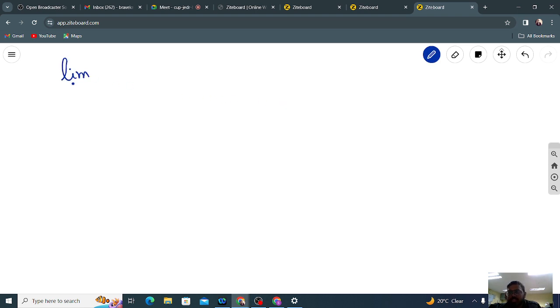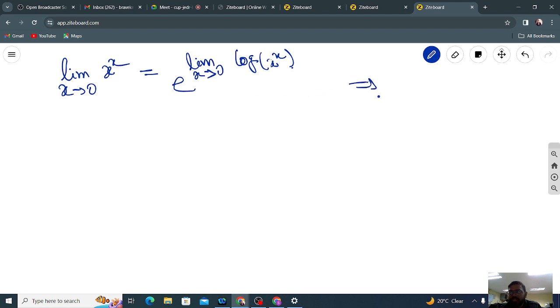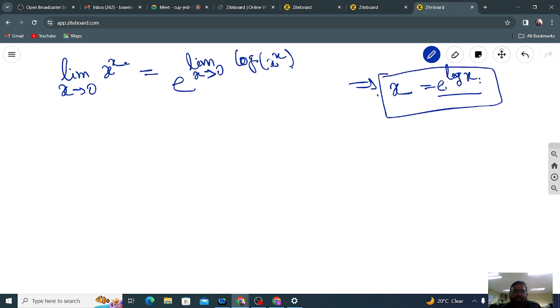So the limit of x tends to 0 of x to the power x, you can write as exponential limit of x tends to 0 of log of x to the power x, because this is the particular formula: x is equal to e to the power log x. So exponential and log cancel out, they are inverse functions, so it remains x. That relationship is being used here, and then we can write exponential limit x tends to 0